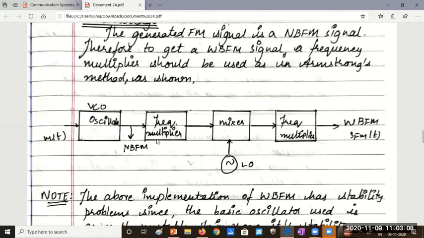So what we do here, we are going to use frequency multiplier circuits, which will multiply the signal generated with some constant. Look at this block diagram, we have a voltage controlled oscillator. VCO is short form for voltage controlled oscillator, to which we are going to connect the message signal. And the output is generated. This voltage controlled oscillator is nothing but the Hartley oscillator which we studied just now. Can I call it a voltage controlled oscillator? Which voltage is the controlling voltage in the Hartley oscillator which we saw? Which voltage controls the output frequency?